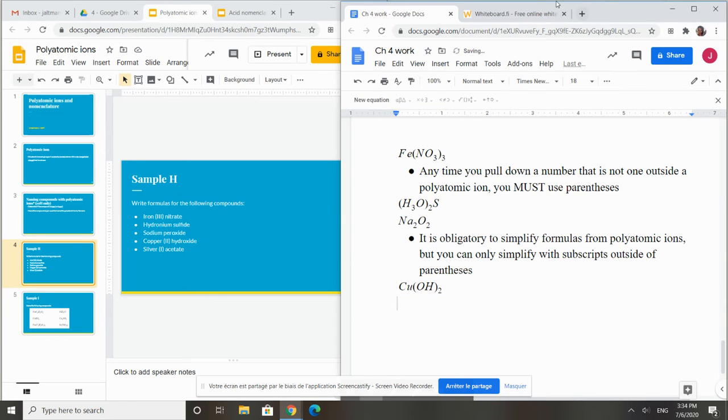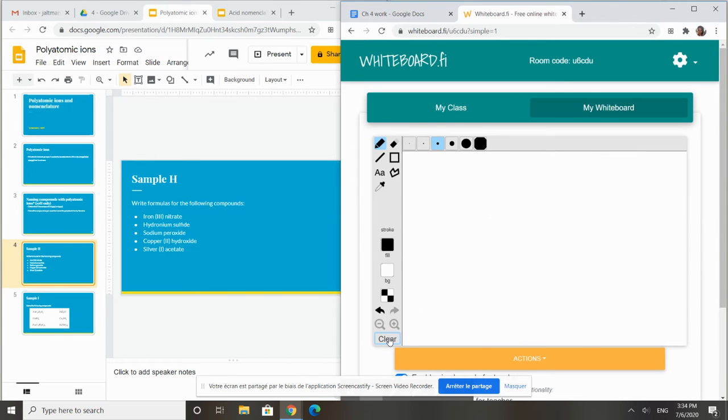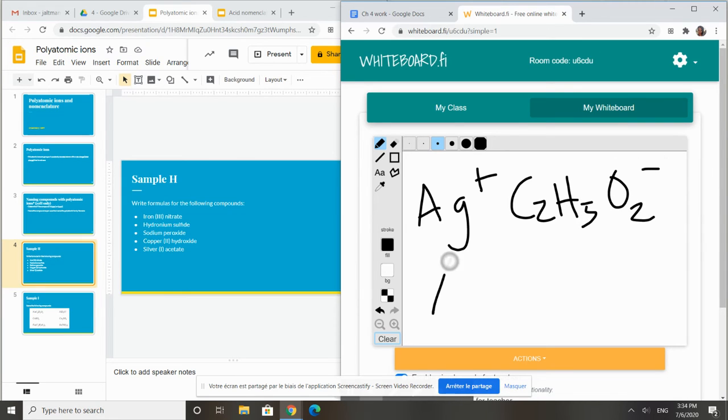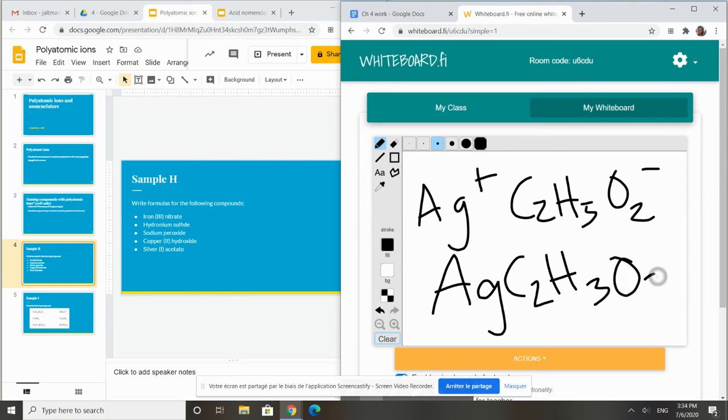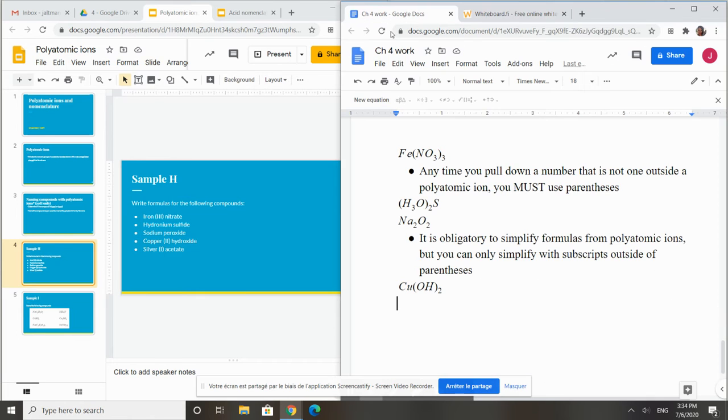And then silver 1 acetate, so Ag with a +1 charge. Acetate, which is C2H3O2 minus. It's just 1 and 1, so I don't have to do any parentheses or anything like that. So just